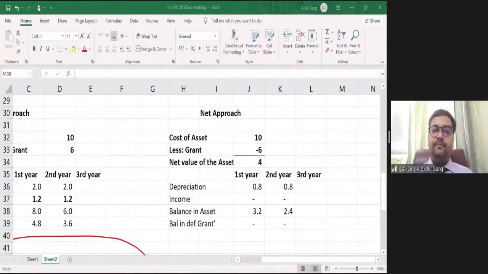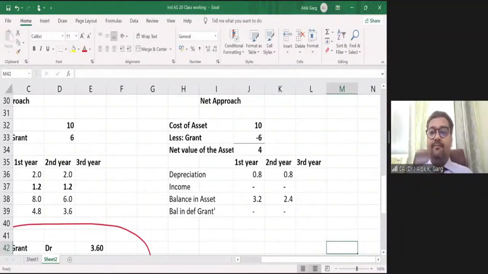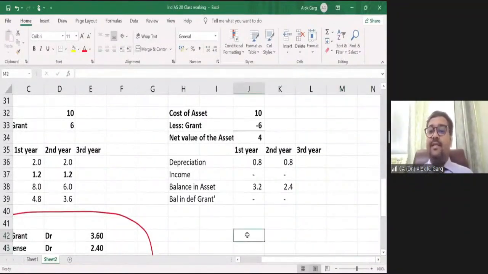Yeah. So what to do in this case? In this case, the standard says that